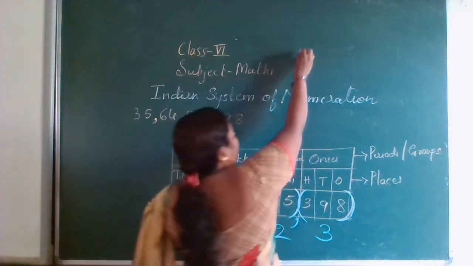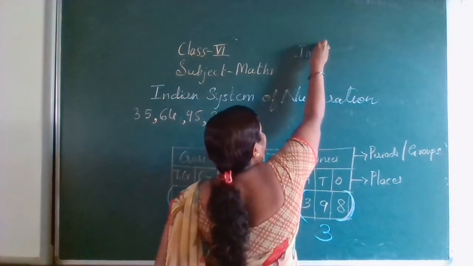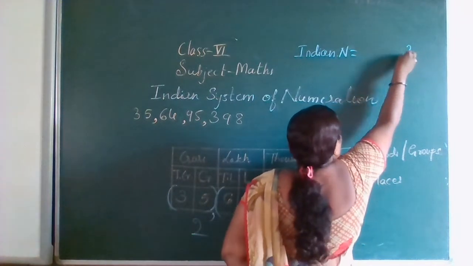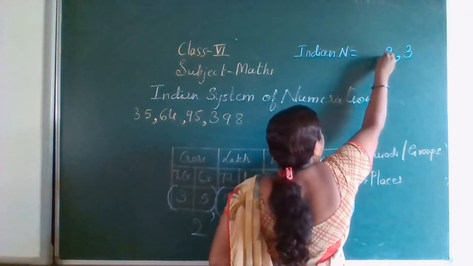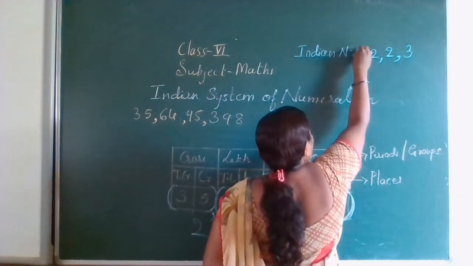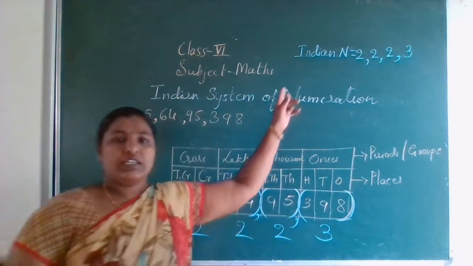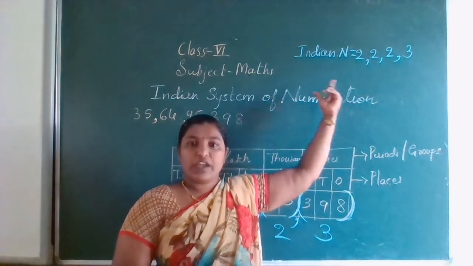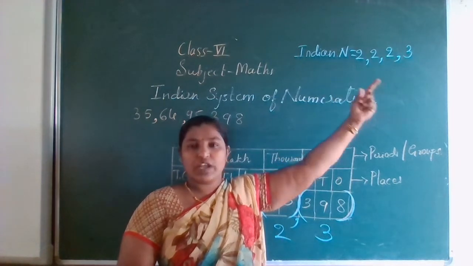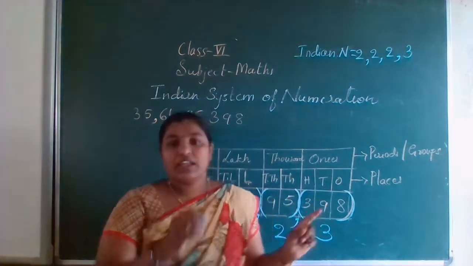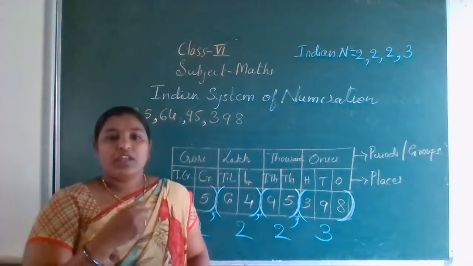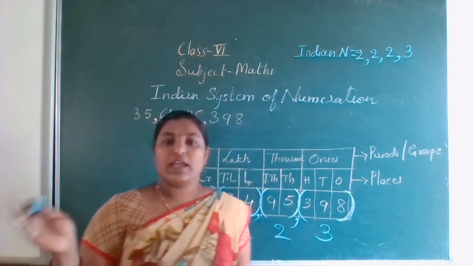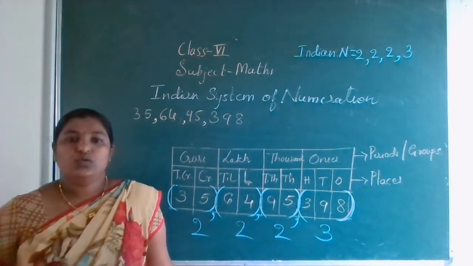Indian numeration has first 3 digits, then a comma, next 2 digits, comma, 2 digits, comma, again 2 digits. This is how to give the comma for the Indian system of numeration. First there should always be 3 digits. After those 3 digits you give a comma, and then you make 2 digits, then a comma, again 2 digits, 2 digits. It will continue like this: 3, 2, 2, 2, 2.